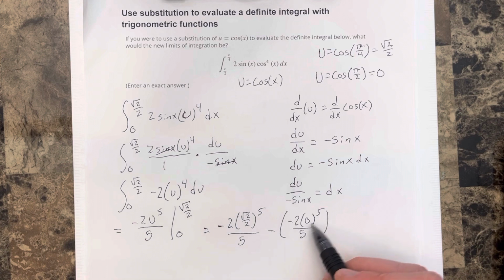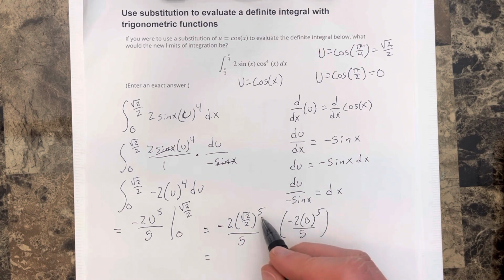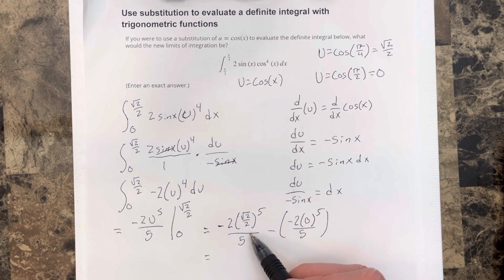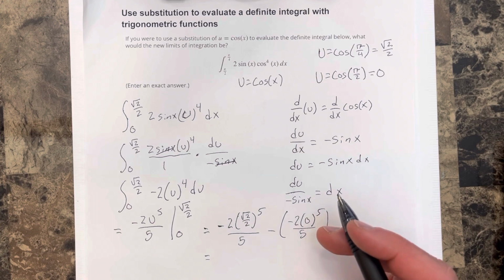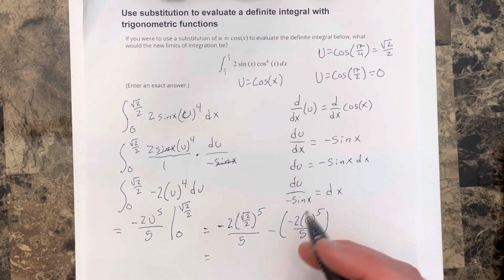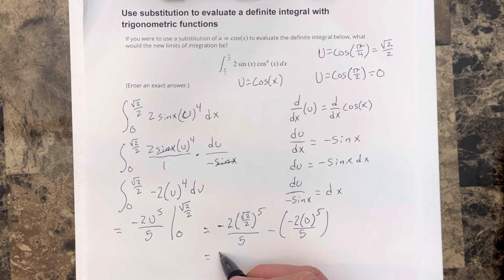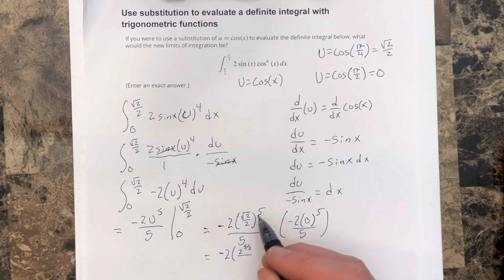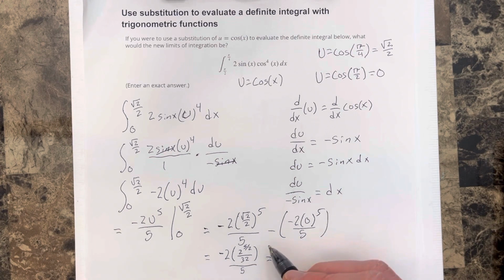So you can see this piece is going to cancel. And if I do some simplifying here, take this to the 5th power. So this is really the 1/2 power to the 5th power would be to the 5/2 power. So I end up with, let's see, negative 2 times, this would be 2 to the 5/2 power over 2 to the 5th power, which is 32, divided by 5. Let's start to simplify that. We'd end up with negative 2